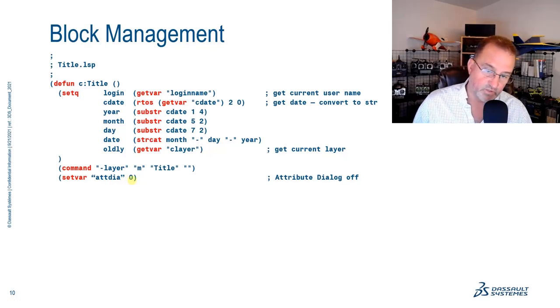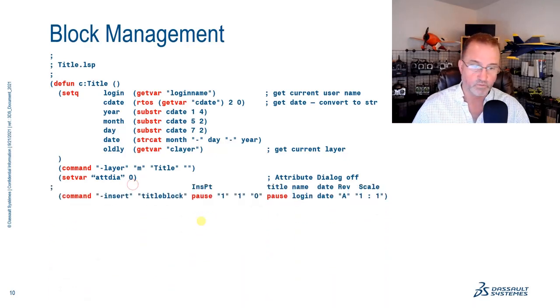Attdia off is really that prompt or the toggle that prevents the prompt for the attribute dialog interface from showing up, so that we can answer the questions on the command line. So when we look at the sequence, you'll see insert, title block, insertion point, XY, rotation, and then we're going to